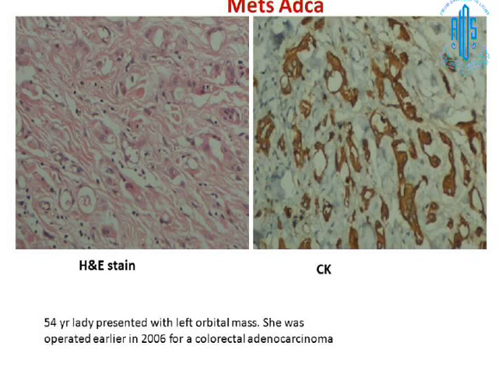metastatic to the orbit. So immunohistochemistry should be used in conjunction with morphological diagnosis along with the clinical history and the other radiological investigations. So it's not immunohistochemistry alone which is useful in diagnosing orbital tumors. Thank you.